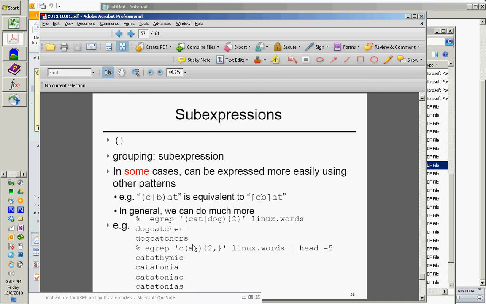Yes. You have to be very careful about this. This is not saying it has to be the same character repeated 3 times. It has to be one of these characters repeated 3 times. So it's like having dot, dot, dot. Well, it can be dot, dot, dot, or dot, dot, dot, dot, or dot, dot, dot, dot, dot. How would you get the case